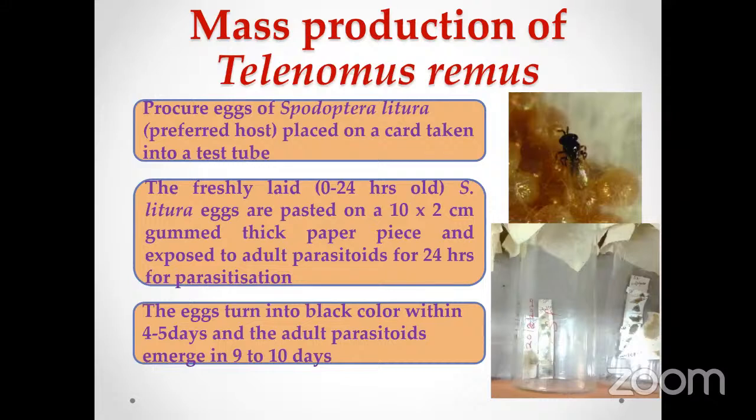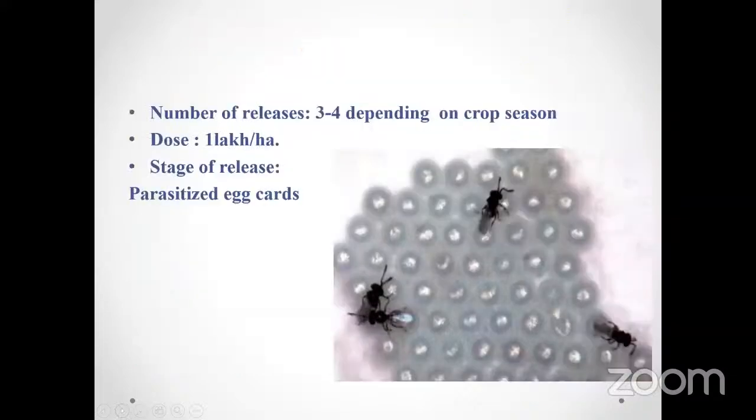After 24 hours of parasitation, as we do for Trichogramma, we remove the card we have given for parasitation and keep a fresh one. The parasitized card will turn black within 4 to 5 days. After 10 days of parasitation, we will see the adults, the black wasps of Telenomus, coming out of the parasitized card. So this is about mass production of Telenomus remus. We will release around 1 lakh per hectare. Mostly the parasitized cards only we can